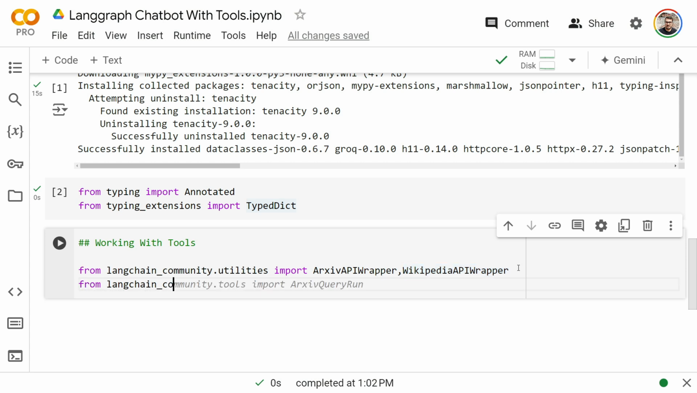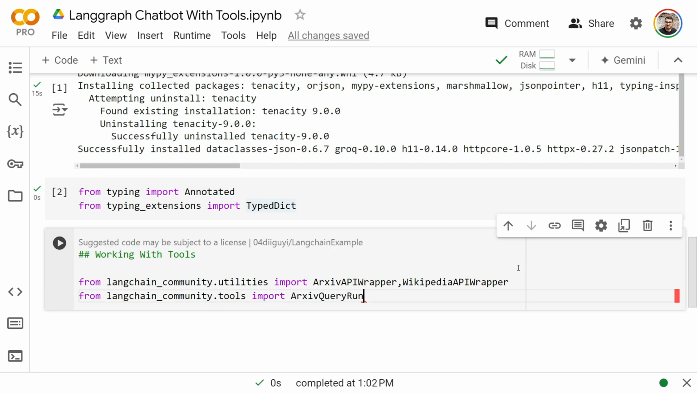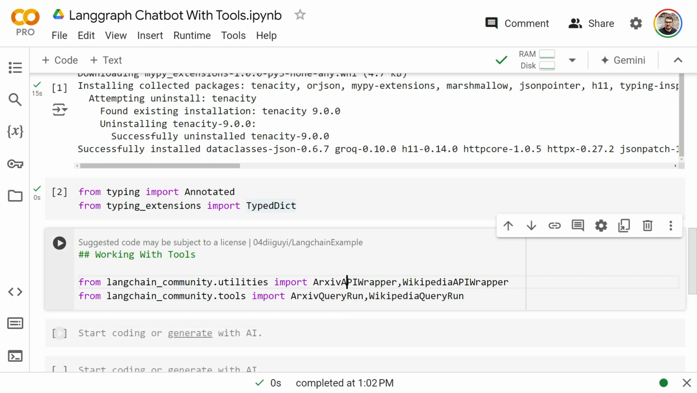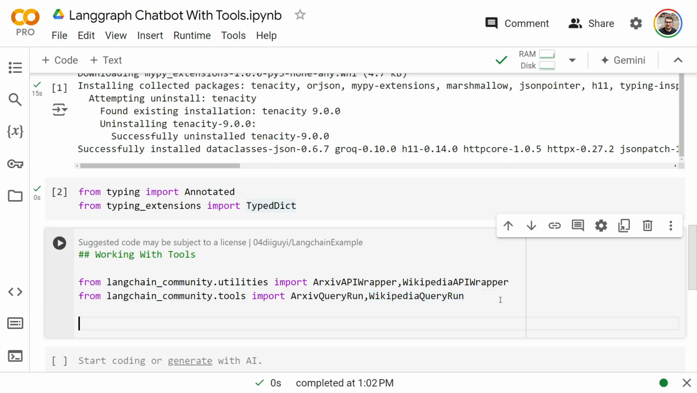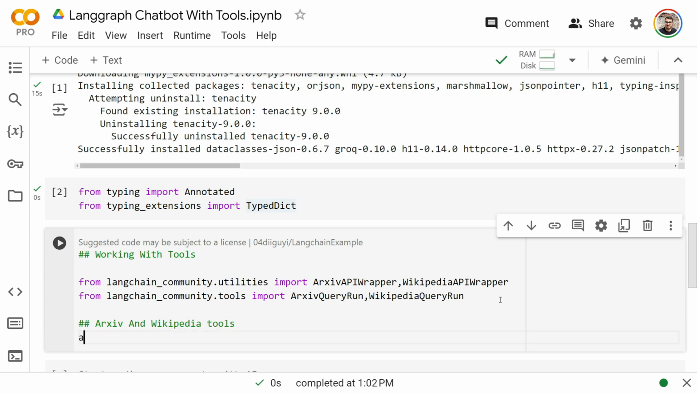Then the next step will be that from langchain_community.tools import ArxivQueryRun. This will be responsible for running any queries that you specifically give. And then you have this WikipediaQueryRun. Okay, so this is for the arXiv tool. This is specifically for the Wikipedia tool. Okay, then after this, I'm just going to go ahead and call my arXiv and Wikipedia tools. So let's say Wikipedia tools. Okay, then here I'm going to write my arxiv_wrapper is equal to